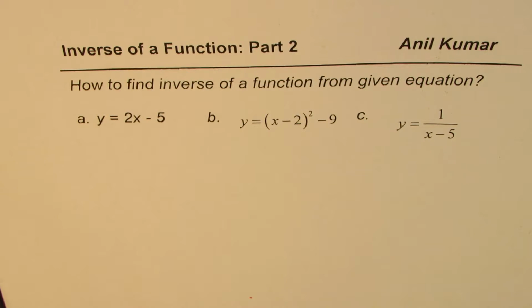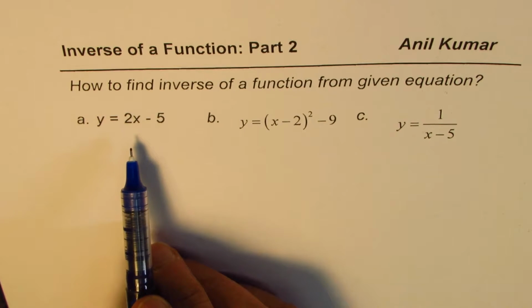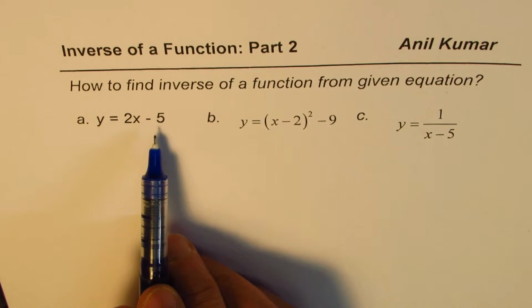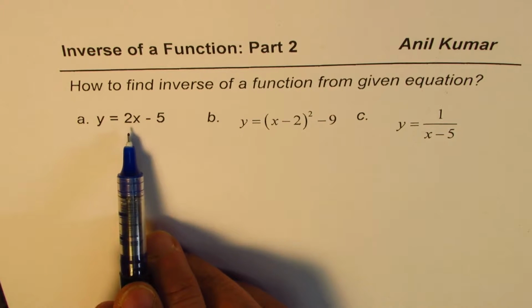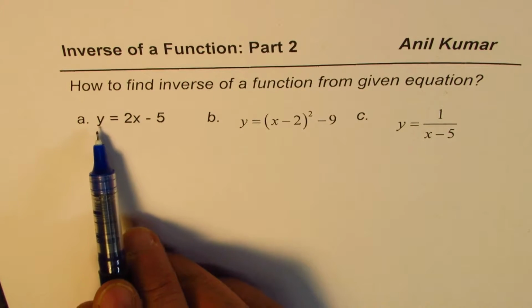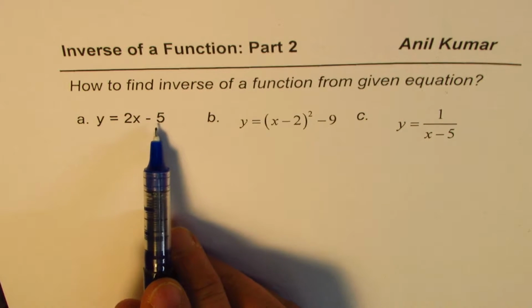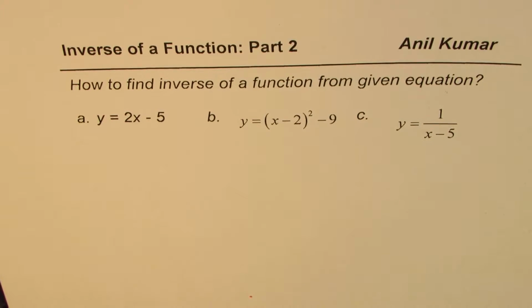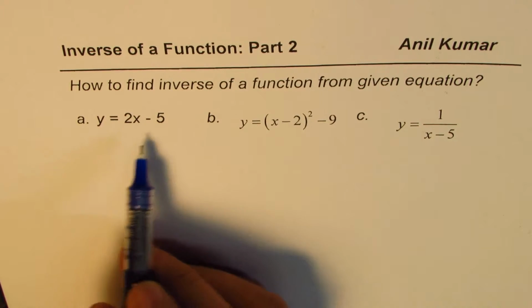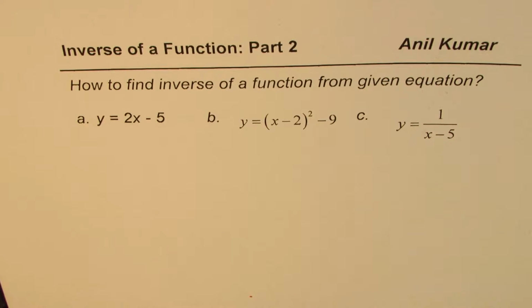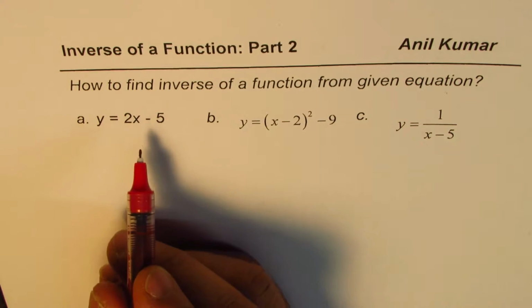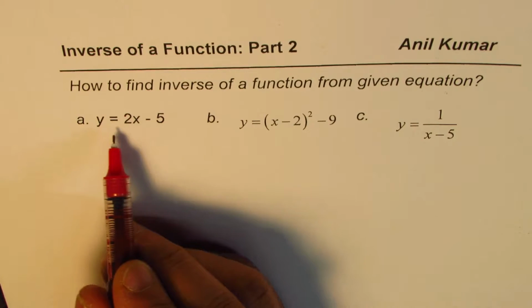We have a few more videos on different kinds of equations where we took radical functions, the square root functions and things like that. But let's first see how to find the inverse of a function when it is given in linear equation form. y equals 2x minus 5 is my equation to work with. The method will be the same for any linear equation. So the first step always is to swap x and y and then solve for